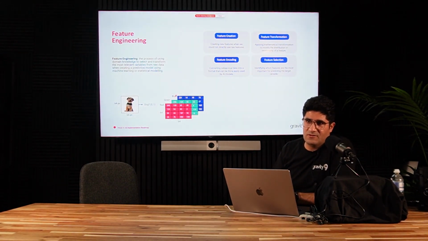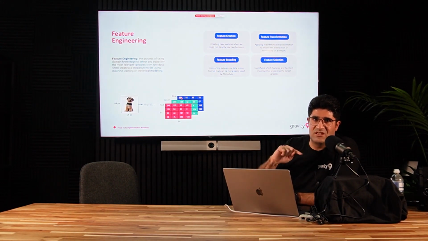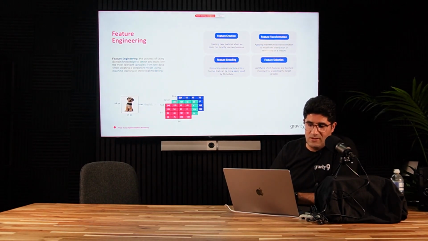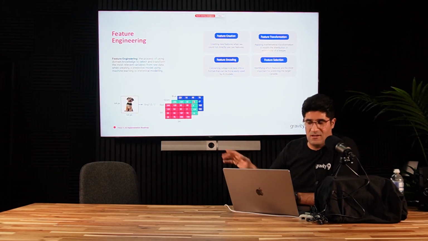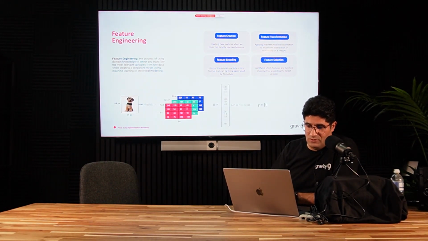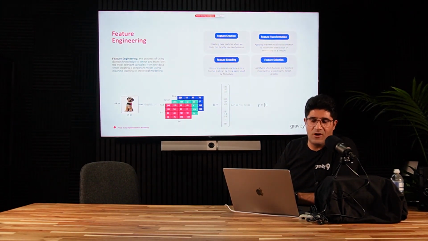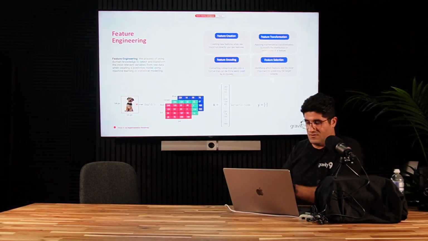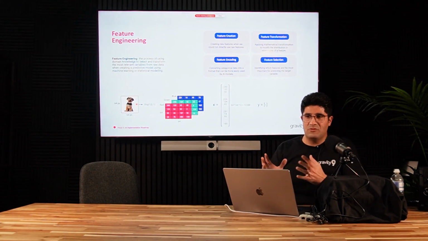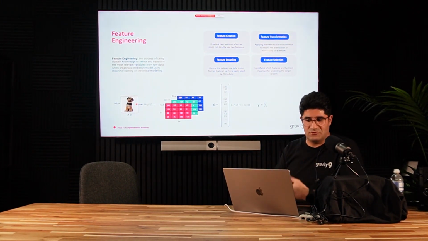In fact, we have 3 channels, red, green, blue, and each pixel in this photo has a value between 0 and 255. And we use those numbers for training the model. In fact, we put all those numbers together in one line. So this is the feature engineering process. And then the output will be 1 because this is a photo of a dog. Okay, now we have the data which is ready for training.